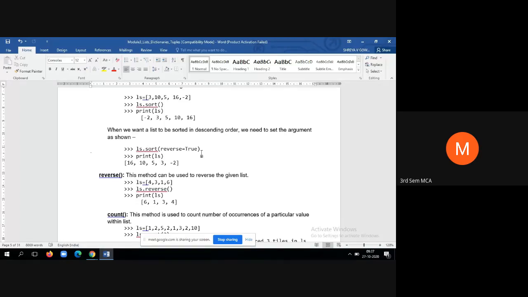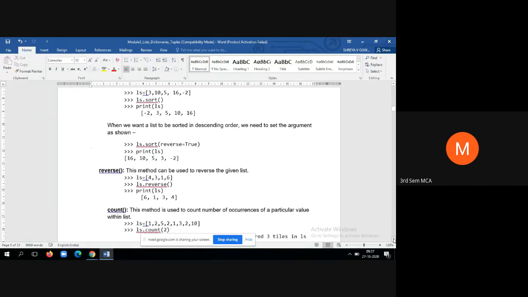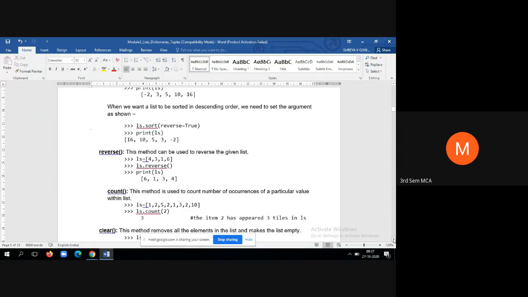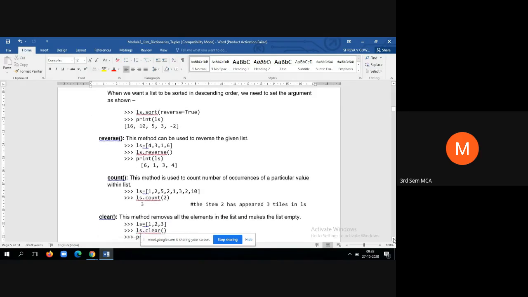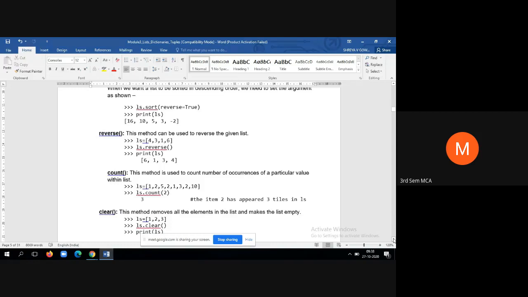And at the same time, we know that there is also a method called reverse. It will just reverse whatever numbers or string values you give as part of the list. It will display the reverse order, that is, last element first and the first element last.